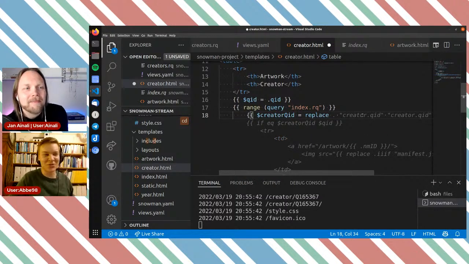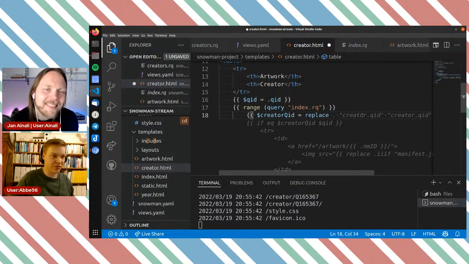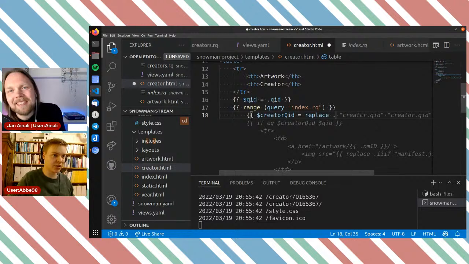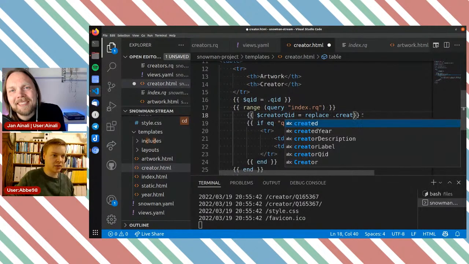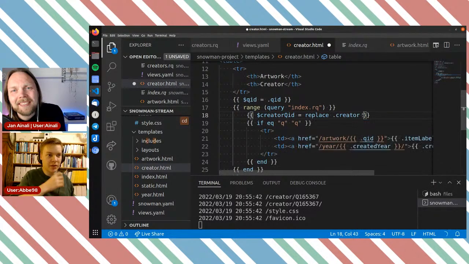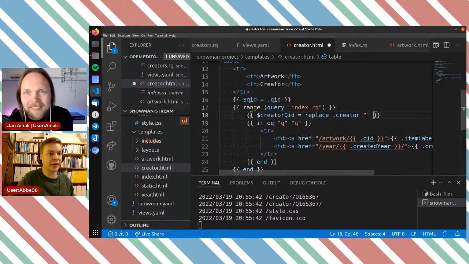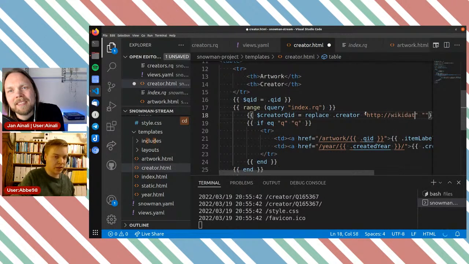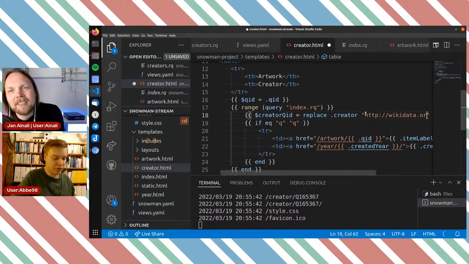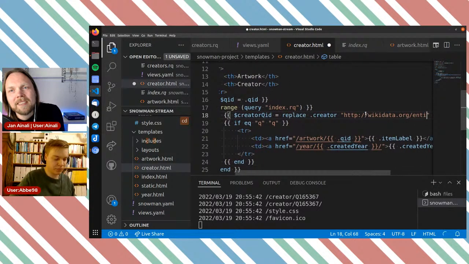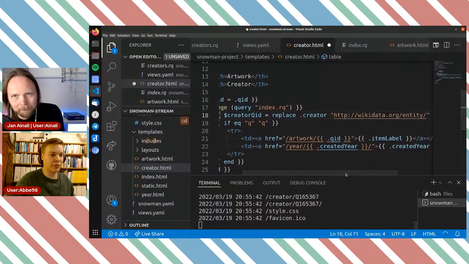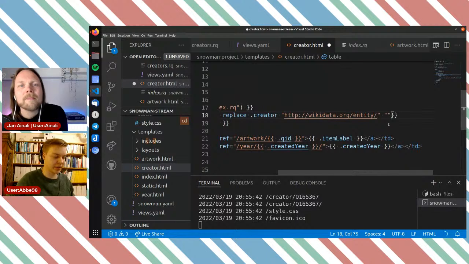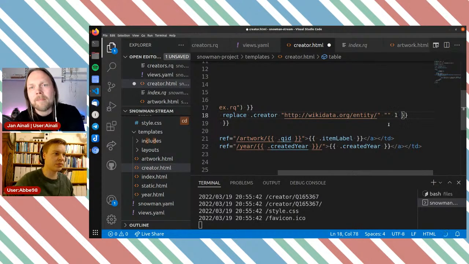The first versions weren't. So we can do replace, and I want to replace dot creator. And inside of that, I want to replace the Wikidata URI, or the first part of it, http wikidata.org/entity/, and I want to have that replaced with nothing, so I'm going to leave that empty, and I want to do that once.